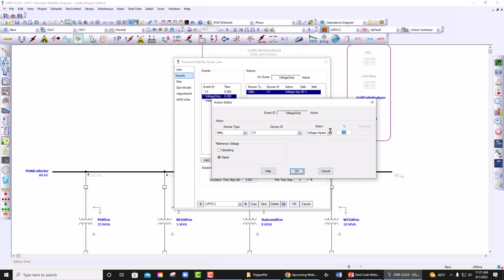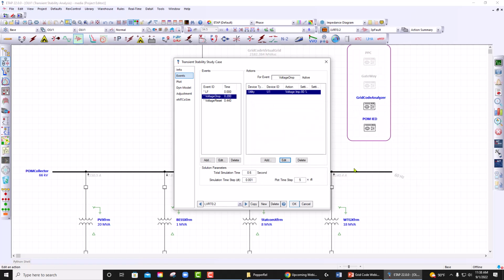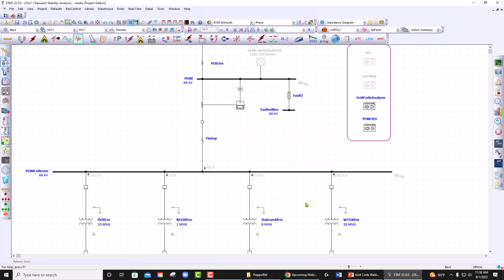Let's say I want to bring down the voltage at the utility bus by 80%, and then reset that voltage back at a certain time. Keep in mind that the voltage impact used to be based on the operating voltage. Now we added a new feature that is based on the rated voltage. So you can always go 80% down and 80% back with a certain timing and see if the system performs